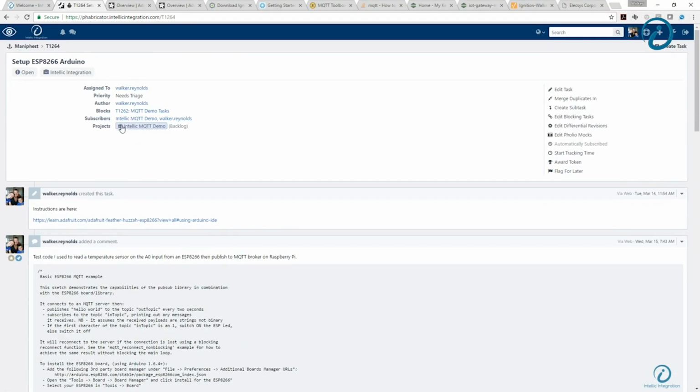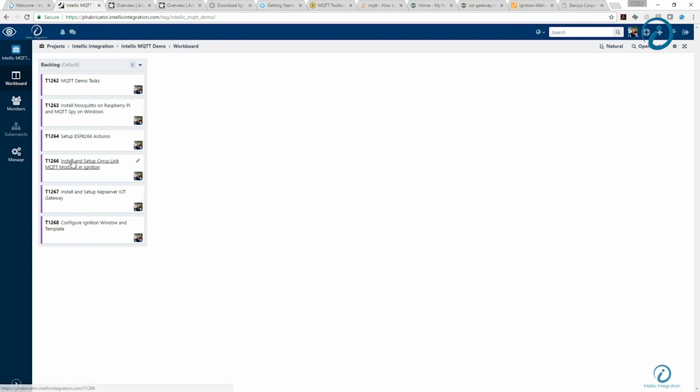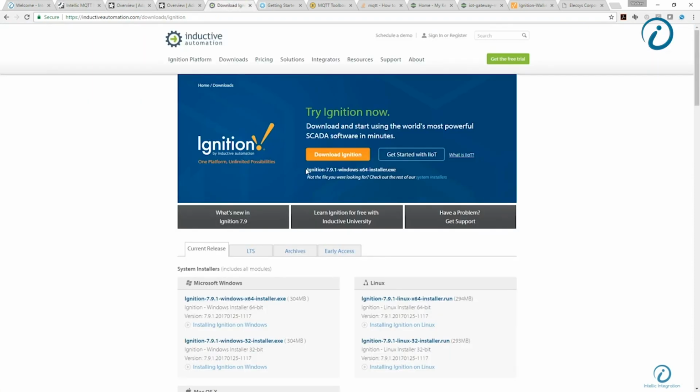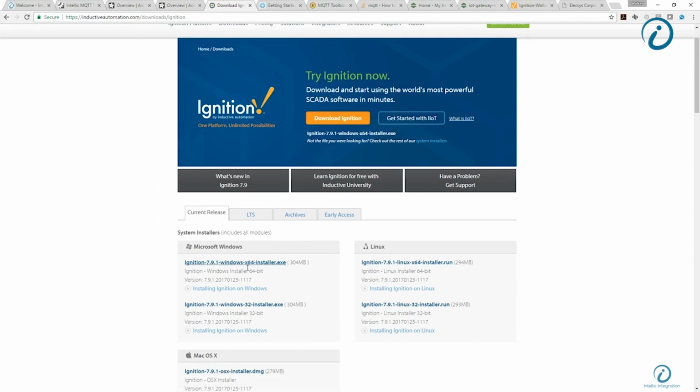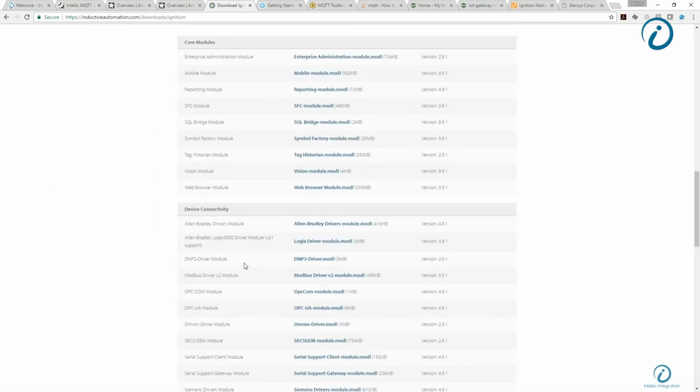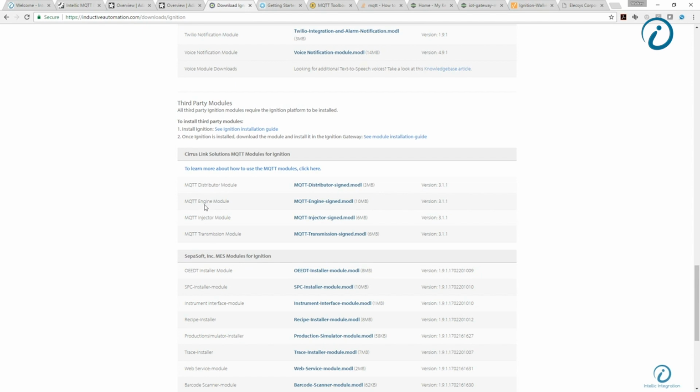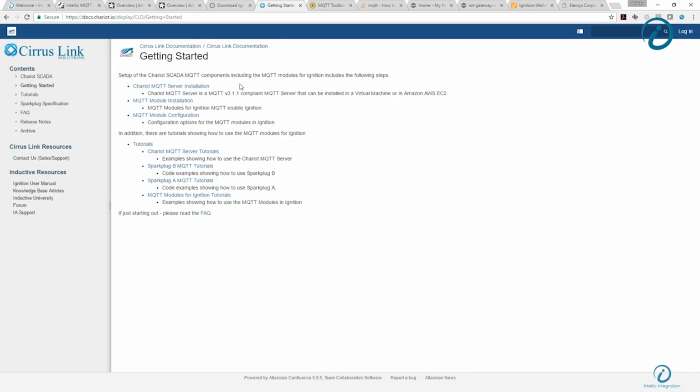Okay. The next step is I install and set up the Cirrus Link MQTT modules in Ignition. The first thing I did was go here and download Ignition 7.9.1 and install it. And then I downloaded the Cirrus Link modules. I did download all 4 of them, but I'm really only using the engine for this demo. Cirrus Link's got great documentation on their website, and I used the MQTT module installation and configuration pieces to get